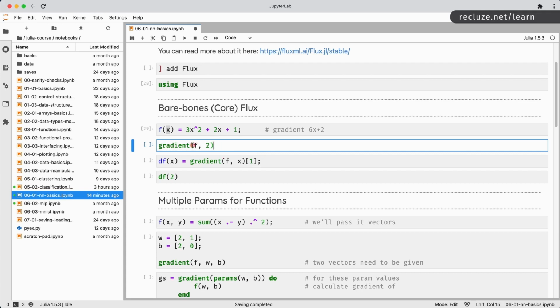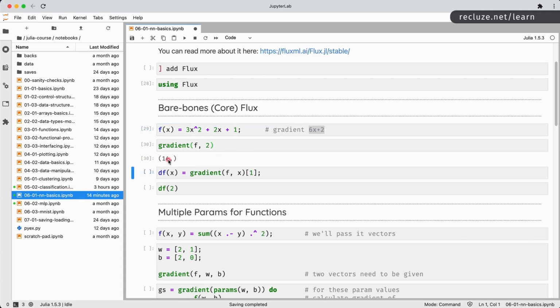The gradient of f with respect to x when x is equal to 2. So 6x plus 2 is going to be evaluated, right? So 6 into 2 is 12, plus 2 is 14. So we get the right answer over here. Right, so that's all. The gradient part, which was the difficult thing, we did not have to do by hand. So I wrote this here, but we didn't need this. This is just a comment.